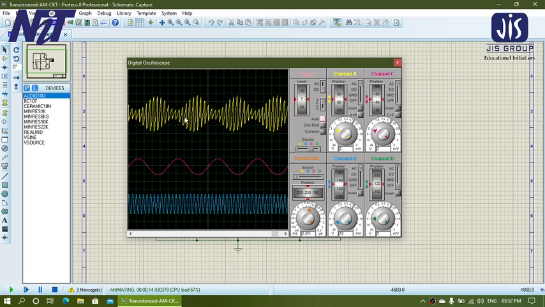Both are the same, but theoretically it will be from 0 to the maximum positive amplitude of the carrier, and 0 to the minimum amplitude of the carrier. Okay, both are the same.